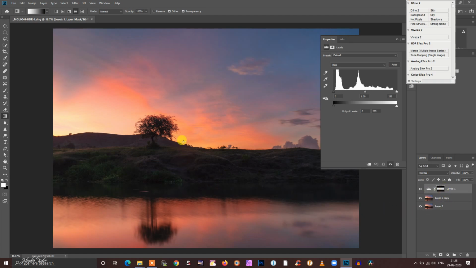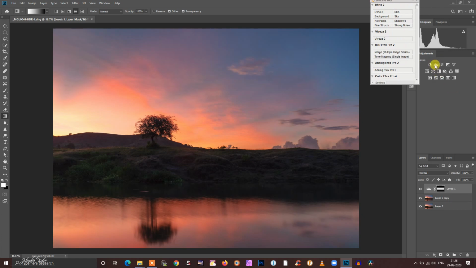Okay, so now this dark band is selected and bright areas will not be affected by whatever we do with levels adjustment layer here. Okay, some contrast is applied to the middle dark area of the image.